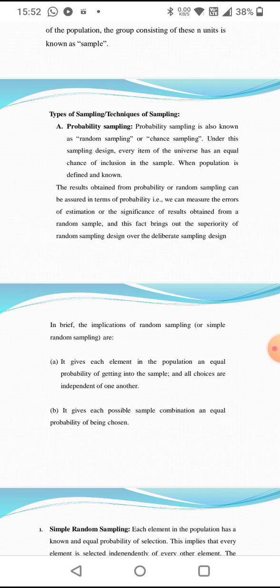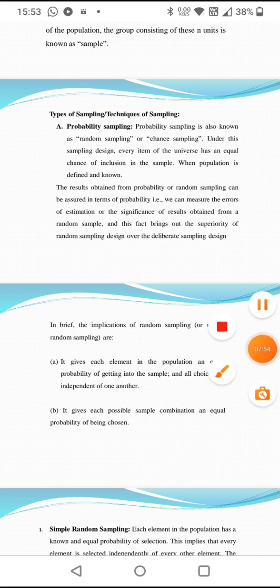In brief, the implications of random sampling or simple random sampling are: it gives each element in the population an equal probability of getting into the sample, and all choices are independent of one another. Also, it gives each possible sample combination an equal probability of being chosen. Keeping this in view, we can define a simple random sample, or simply a random sample, from a finite population